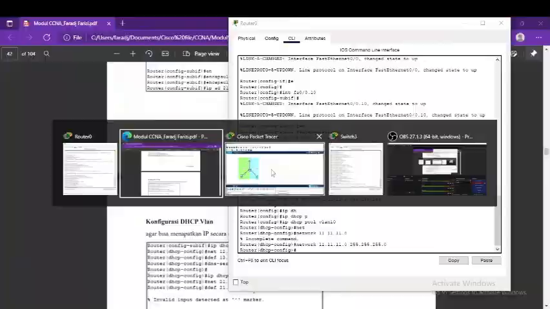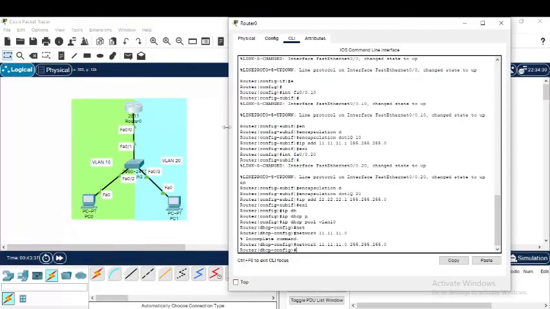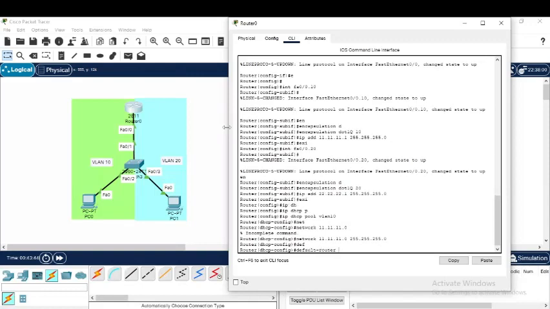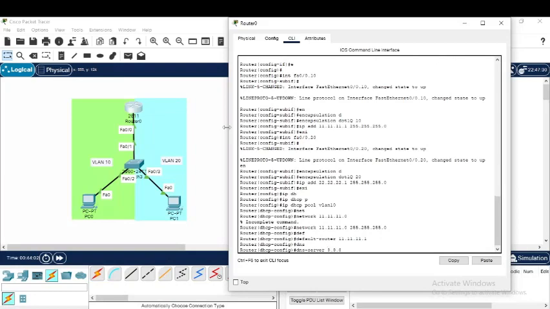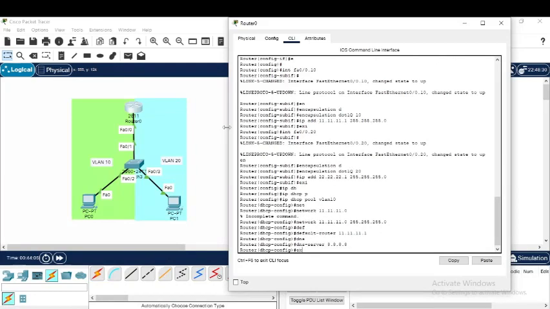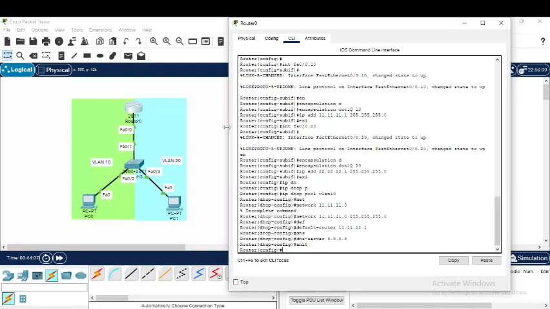Yes, after that we'll continue to add the default router for the gateway: 11.11.1, as you can know. Default router, sorry, that's 0. Do not enter the subnet mask, this is just for the gateway. If you want to add DNS it's okay, but if you don't add DNS, that's okay too. DNS server 8.8.8.8 for DNS Google. After that exit, we want to make the IP DHCP pool for